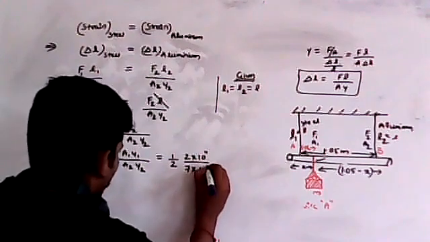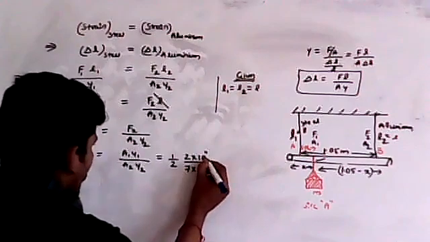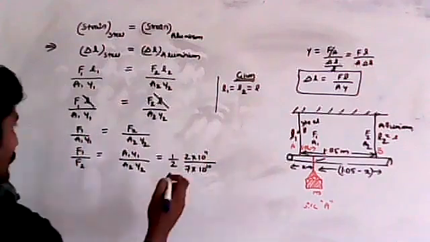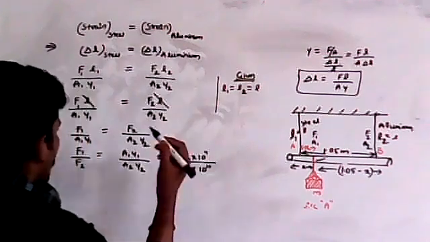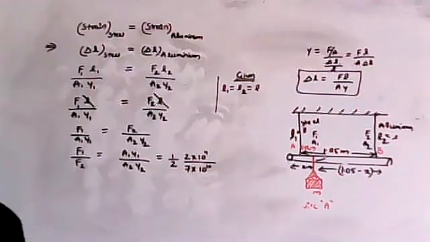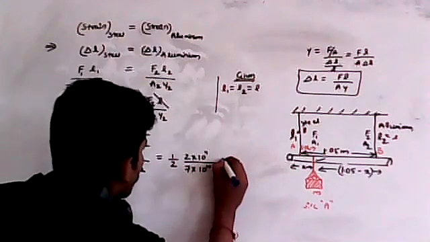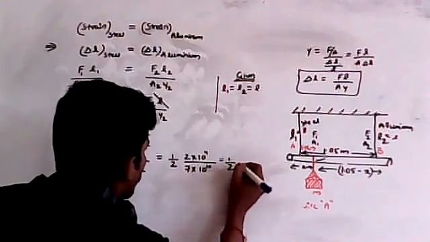This is given in terms of 10, and this is in terms of 11. You can make it as a 10, or you can make it as a 10 to the power 11. That is left to you, you can do anything. Now just tell me. I can write it in this way also.